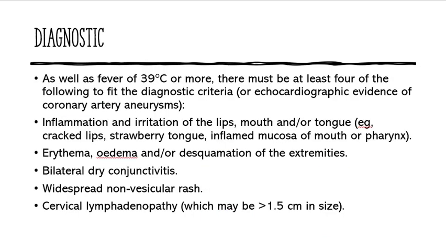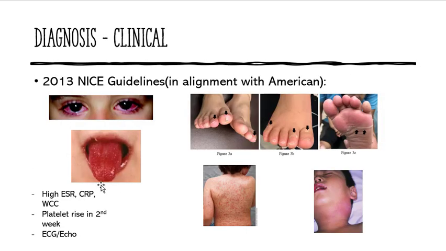Diagnostically, as I said, this is all clinical, this is how you would diagnose it. As I'll go to the next slide in just a little bit, essentially these are the features that we're looking out for to say yes, this person most likely has Kawasaki disease. But this clinical guidance is still under scrutiny at the moment, so it might change in the coming years when new research is found about this.